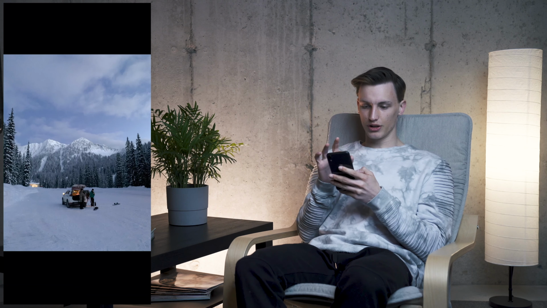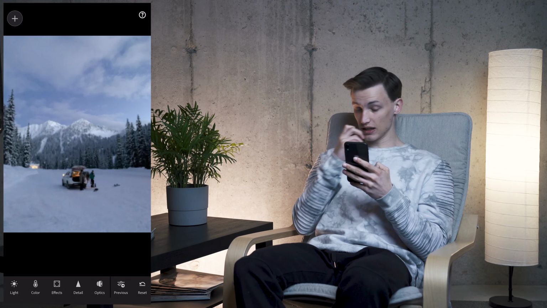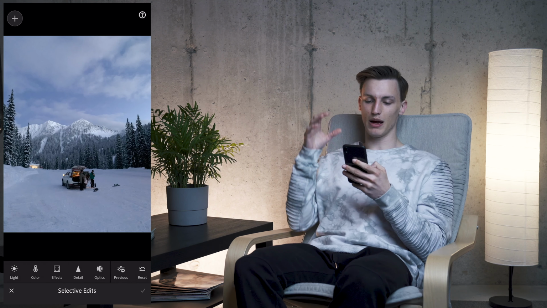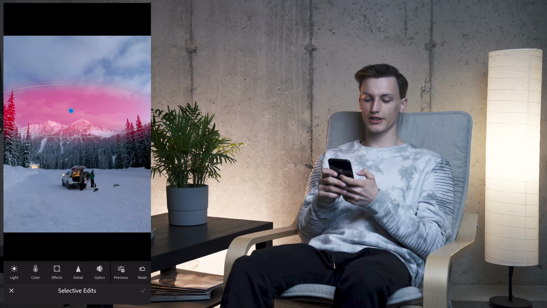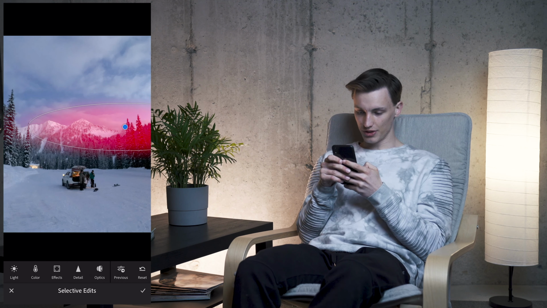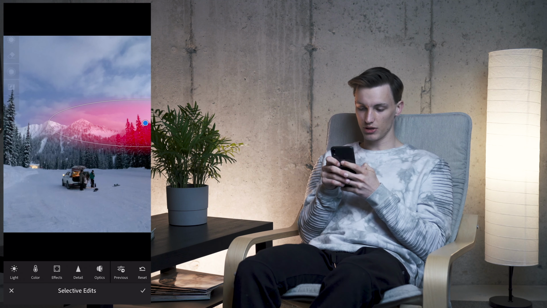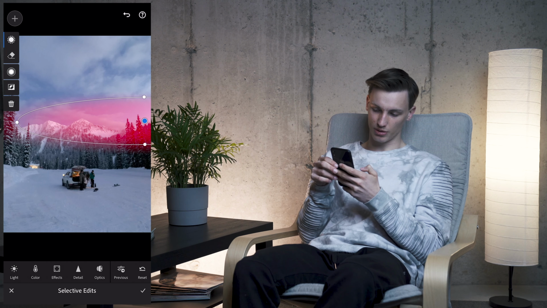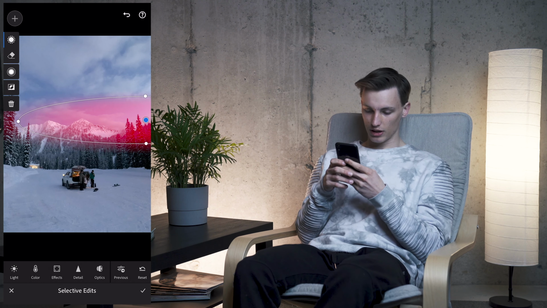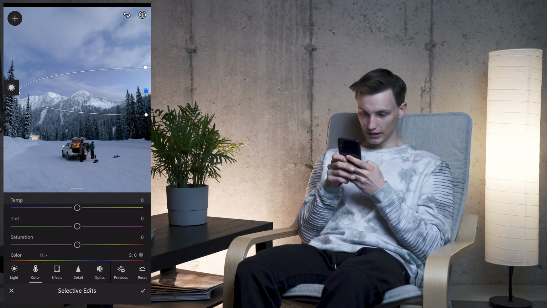Next thing we're going to do is, like I said, it felt like there's more colors in the sky and the mountains were actually purple. So the next thing we're going to do is a radial filter. What you're going to do is add it where the sun is supposed to be. It was right behind those trees, so what I'm doing is I'm adding it right there. I'm going to go into color, add a little bit of warmth, add a little bit of purple in the